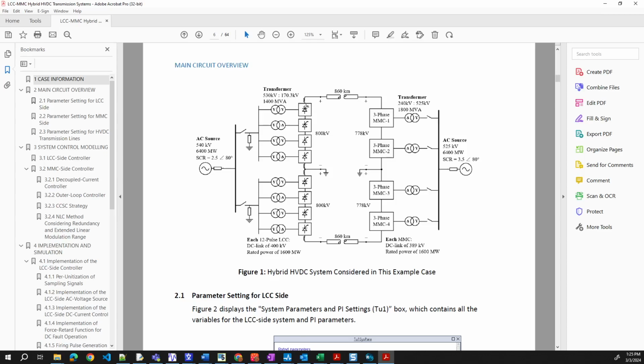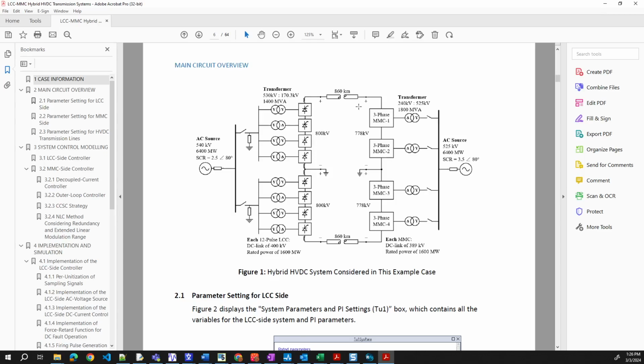This is a 6-pulse. No, this is 12-pulse. This is 12-pulse. So we have 12-pulse, positive pole, and 12-pulse, negative pole.